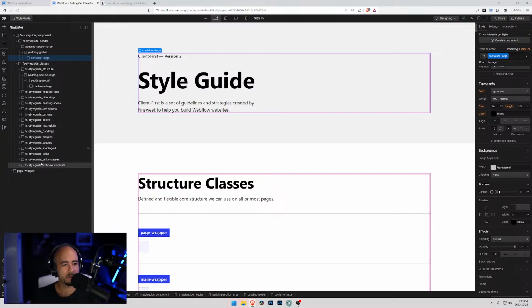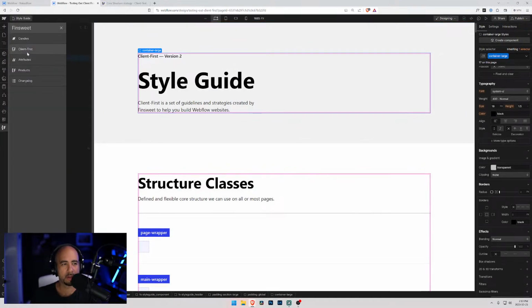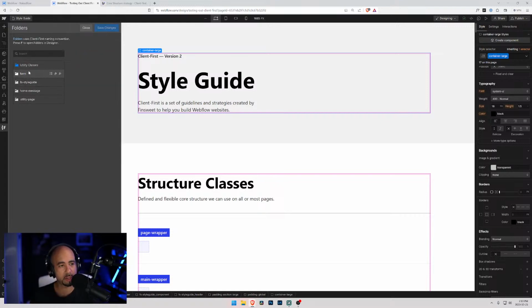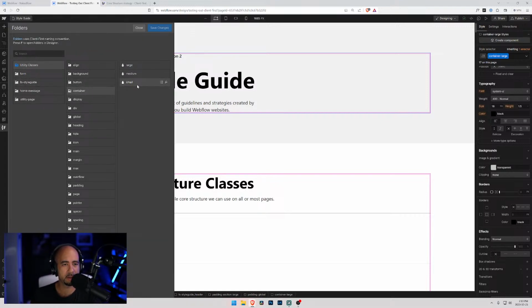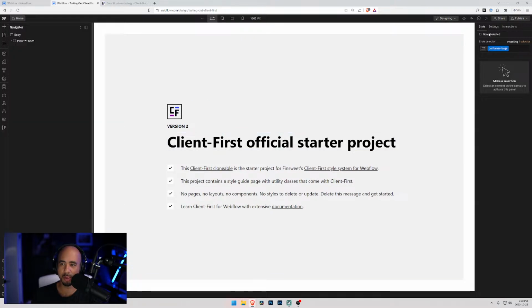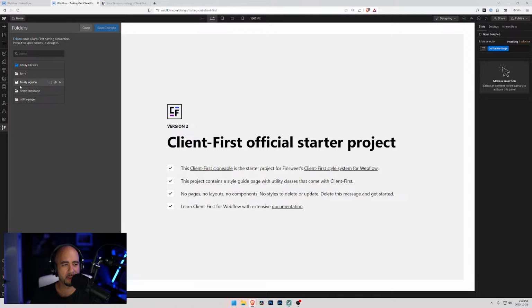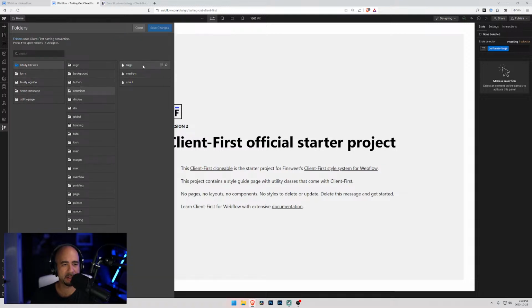Headings, buttons. There's nothing here for containers. All right, let's have a look at, oh yeah, in here, see what they have for defaults. I would imagine there's small, medium, large. Container, small, medium, large, right. I wish I could click in here and then have it show up in the style editor, so I can see the actual properties, or in this case, the settings, if I want to use Webflow's correct terminology. So if I go here, folders, utility classes, container,